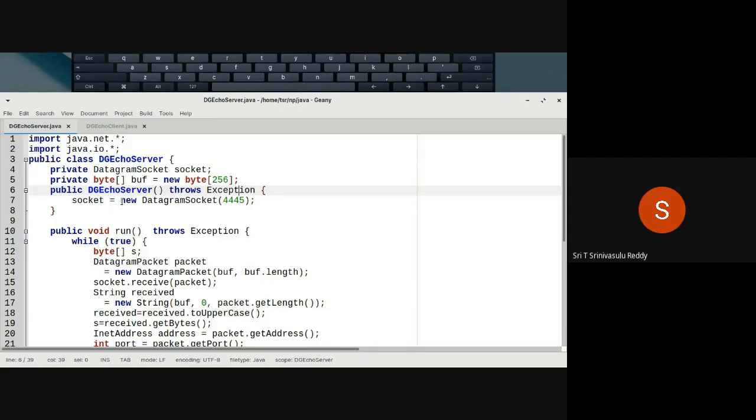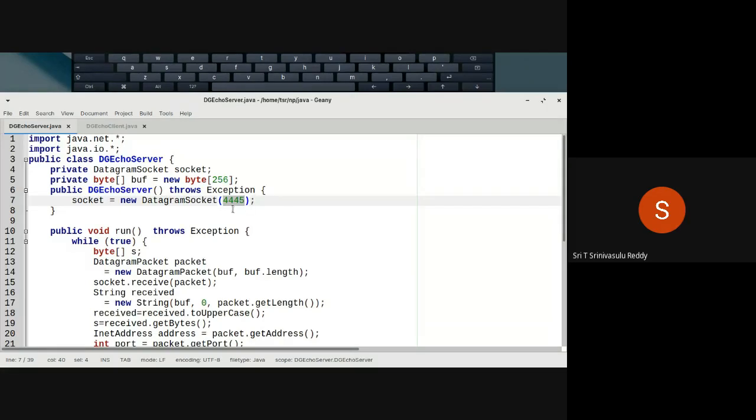So you say socket equal to new DatagramSocket of port number. What is the port on which your program must be running so that clients can connect? It's not connect actually. Clients can send and receive the packets.